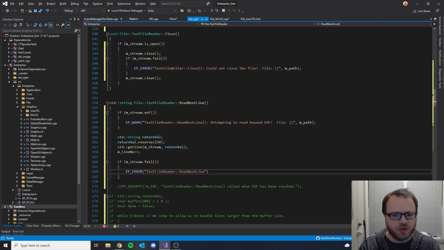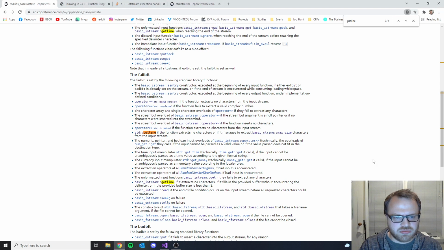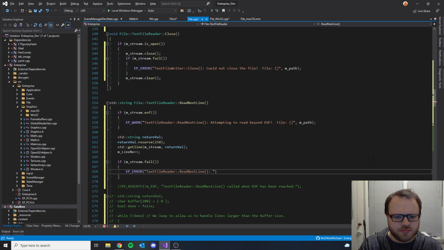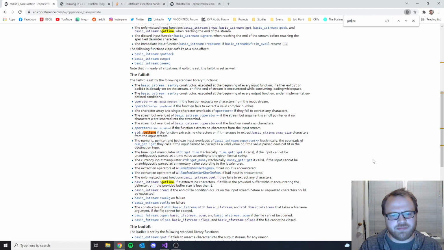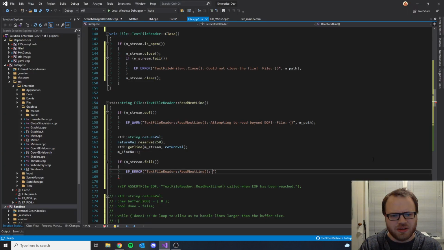I'm going to need to be redoing my error reporting soon anyway, so that I don't have to keep doing this where I type in the function name, among other problems that I have with it. And I would say, I guess I don't know what I would say. I don't know whether there's a failure to extract characters or what. Failure to extract characters is a lot more likely, but